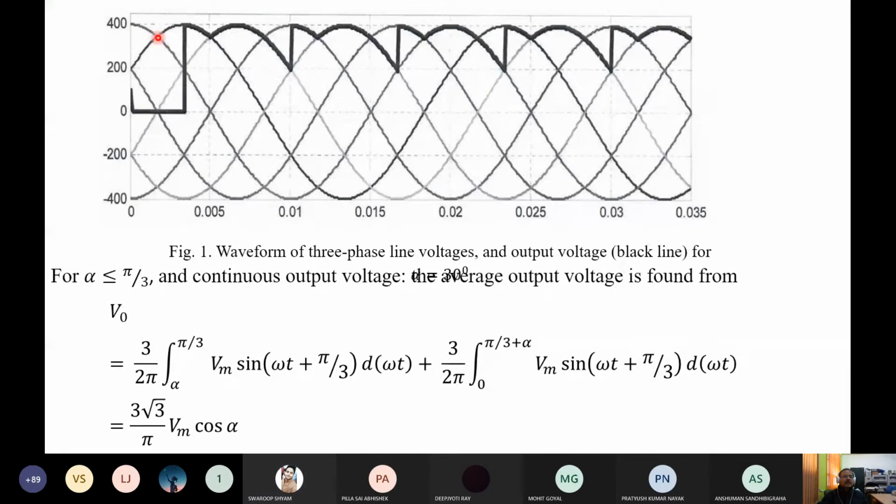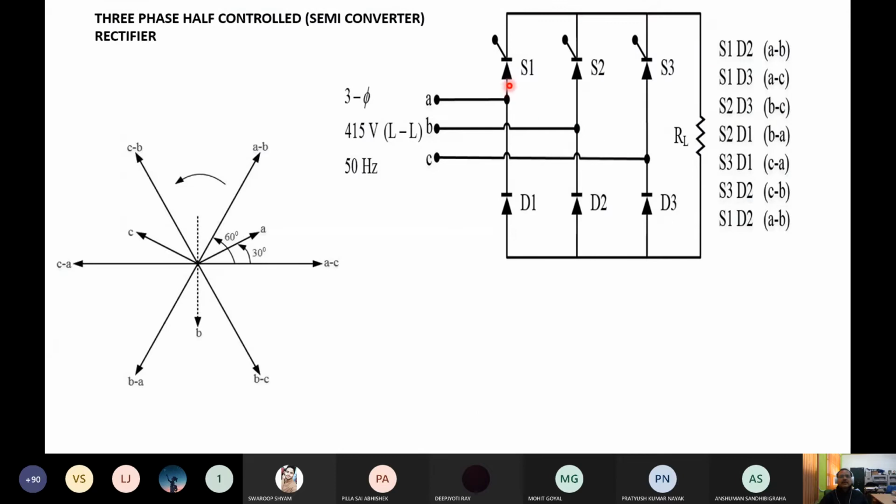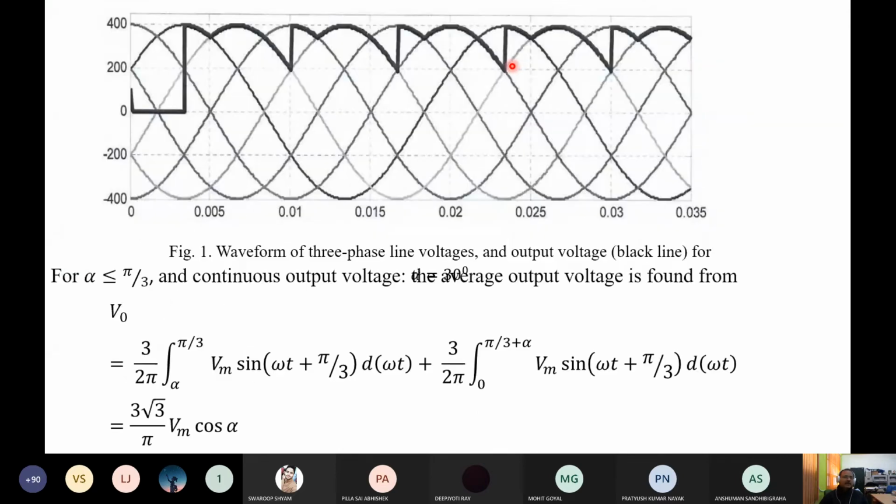AB. So phase A is connected to S1, thyristor 1, is connected to phase A. We are triggering alpha. You understand the difference between diode and thyristor. Thyristor requires a gate pulse. Then only it will conduct. Diode does not require a gate pulse. Just see, there is an automatic shift here. But here we are again changing the thyristor. Again S2 is triggered here. Then again there is an automatic shift. Then again we are triggering S3.